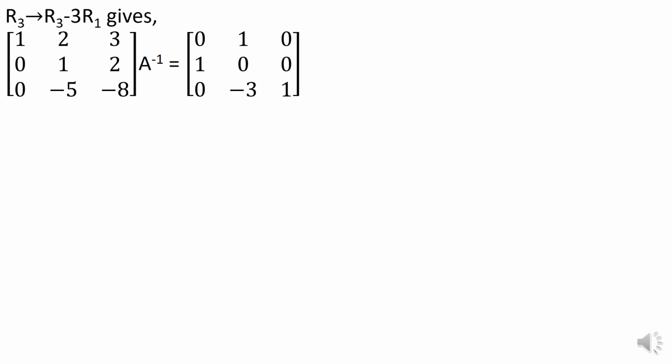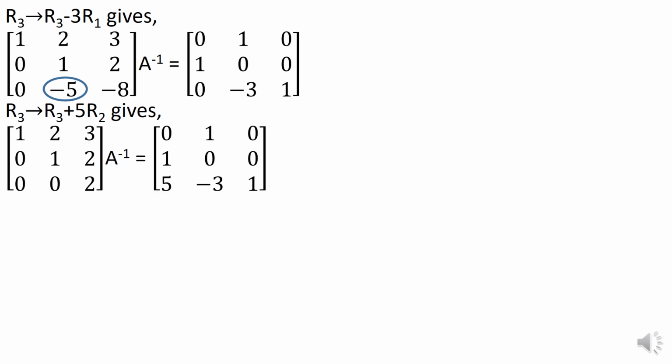Now in the second row, second column, we need 1. Already we see that there is 1 there. So there is no need to apply any transformation there. So we proceed further and convert minus 5 into 0. This can be done by doing R3 plus 5R2. Thus the entire R3 changes on the LHS and the RHS. Thus we get over here 0 in the proper position. Observe that the R3 of both the sides has changed.